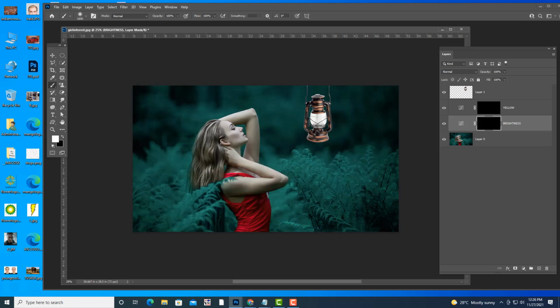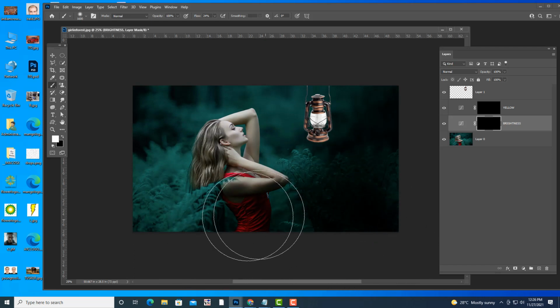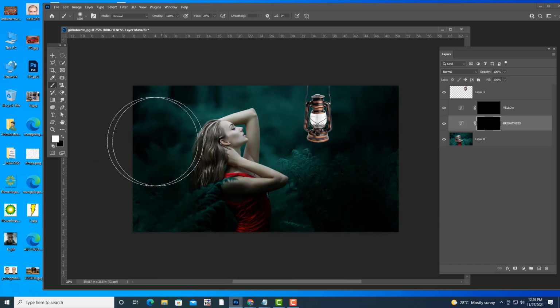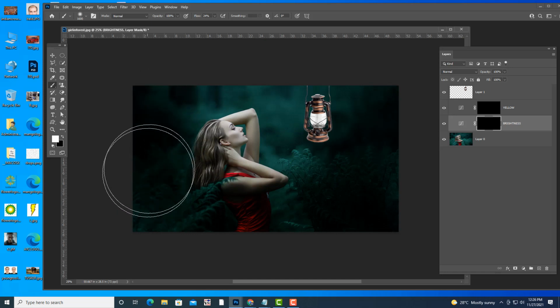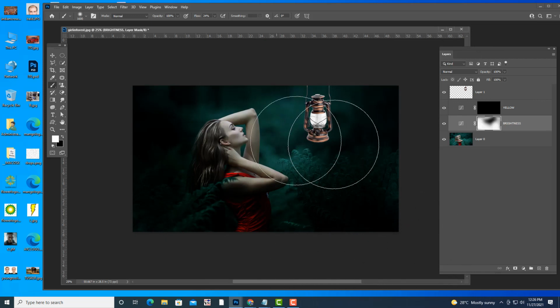If we don't want this much darkness, we can reduce the flow amount here and paint. If you use the flow a second time, it will increase the effect. Something like this. Just leave this center part.